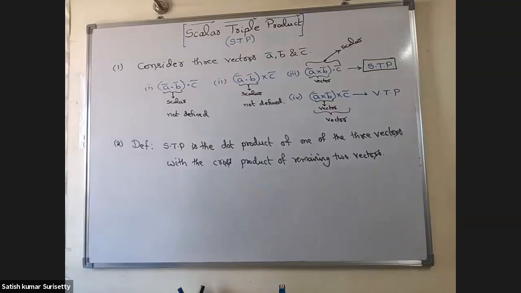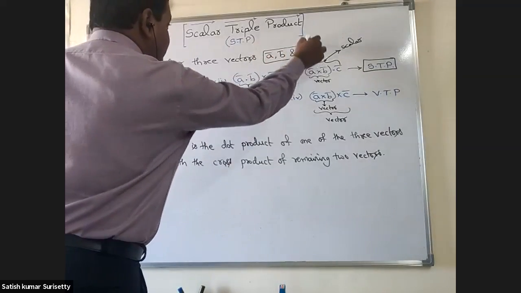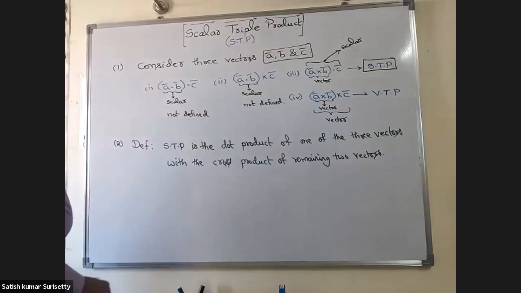So if I consider three vectors A bar, B bar and C bar, then scalar triple product